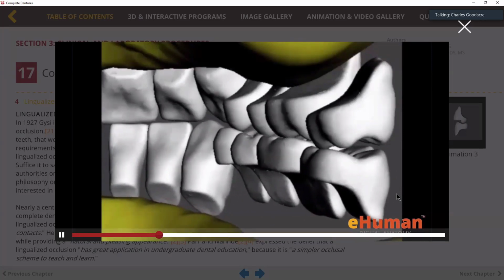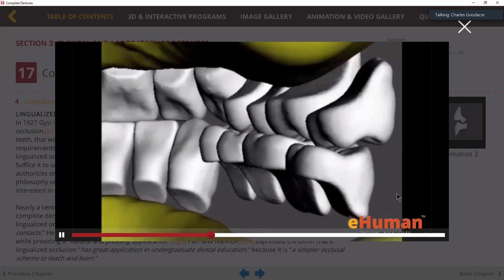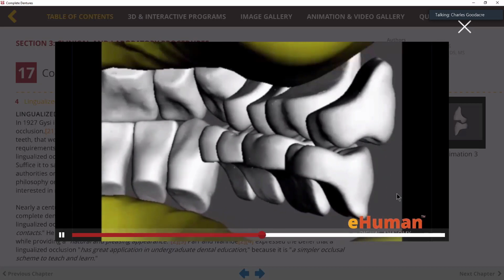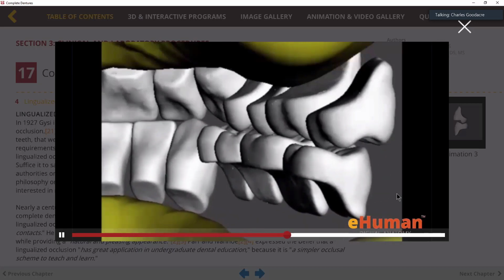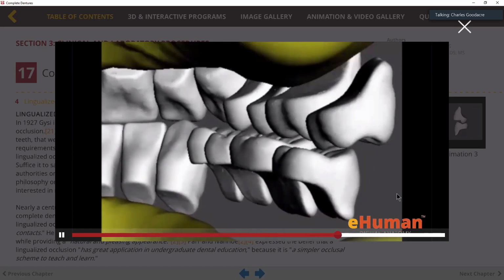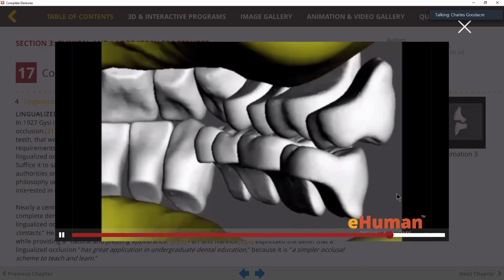And this is actually a setup that I did in that 3D tooth arrangement program that you saw, and then recorded that, actually went through the movements and recorded that using a program called Camtasia. So I actually made these animations based on some tooth arrangements. So you could show a student how these different